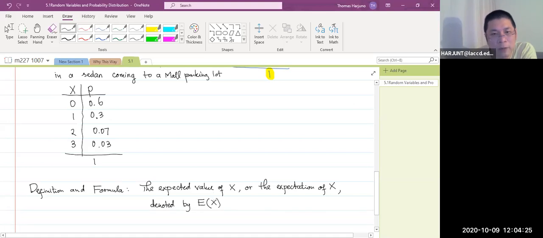Okay, so X is the random variable. The expectation of that, we use capital E and then parenthesis X, is the average